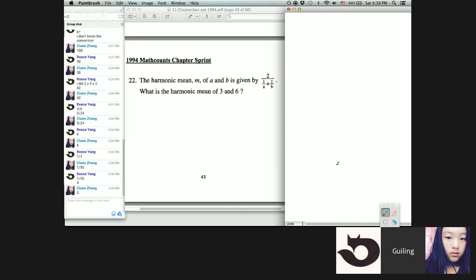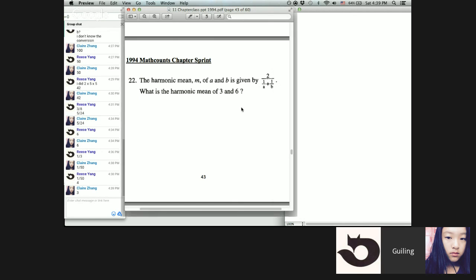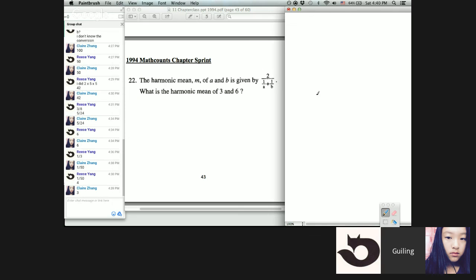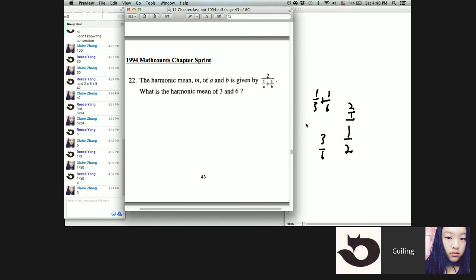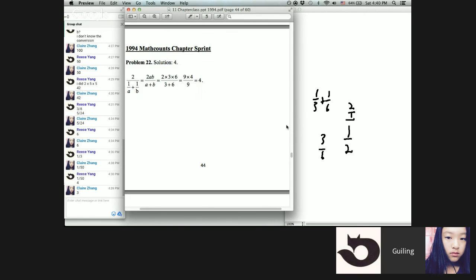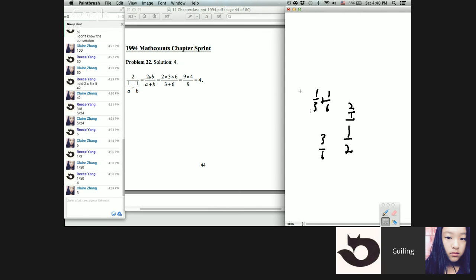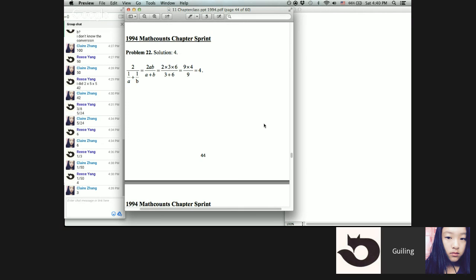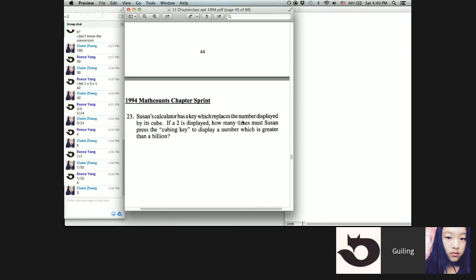Not quite. I think you made a calculation mistake, but the correct answer is 4. So 1/3 plus 1/6 is going to equal 3/6, which is 1/2. And then 2 over 1/2 is going to equal 4. So probably just a slight calculation mistake. Yeah. So for these problems, the key is like,